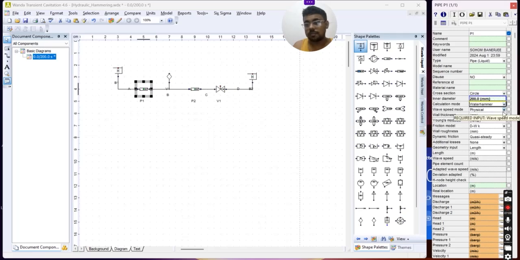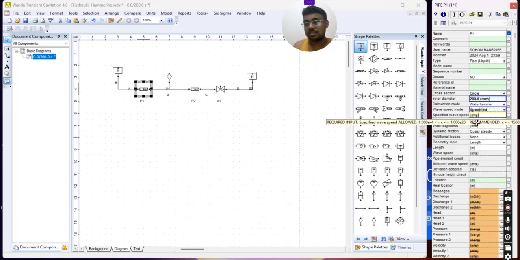Let us take the inner diameter to be 200 mm approx. And collision mode, water hammering. In the wave speed mode, we are going to change it to the specified wave speed mode. We are going to specify some velocity, and let us specify it to be 1400 meter per second. In the roughness,